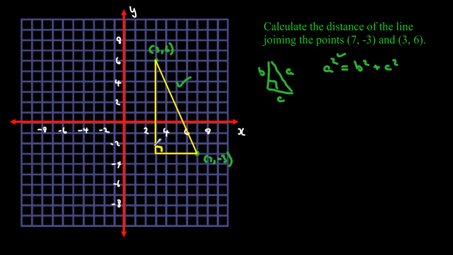The length of this line, you can count it if you like. The distance up this axis from here right up to here is 6, because you can see there's the 6 there, and there's another 3 down here. So there's a total distance of 9 going down here. The difference between those y values tells you how long that line will be. So going from minus 3 up to 6 is a distance of 9 steps. So we can put in that A squared is equal to 9 squared,